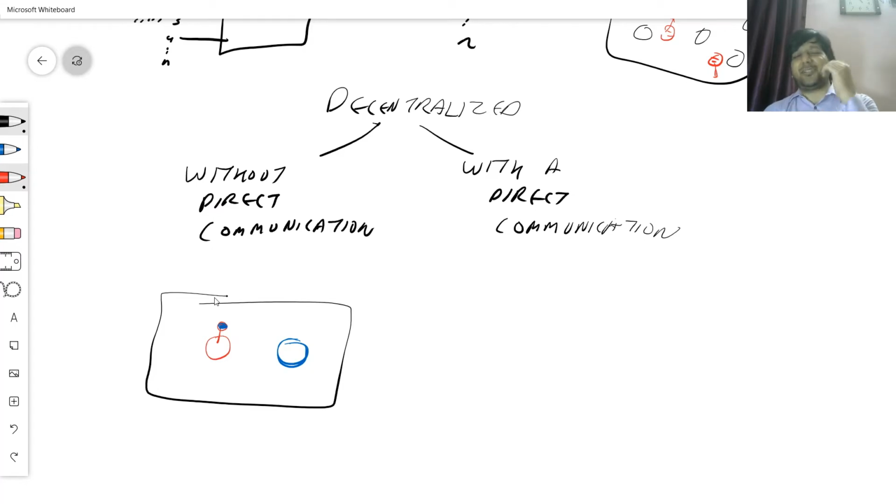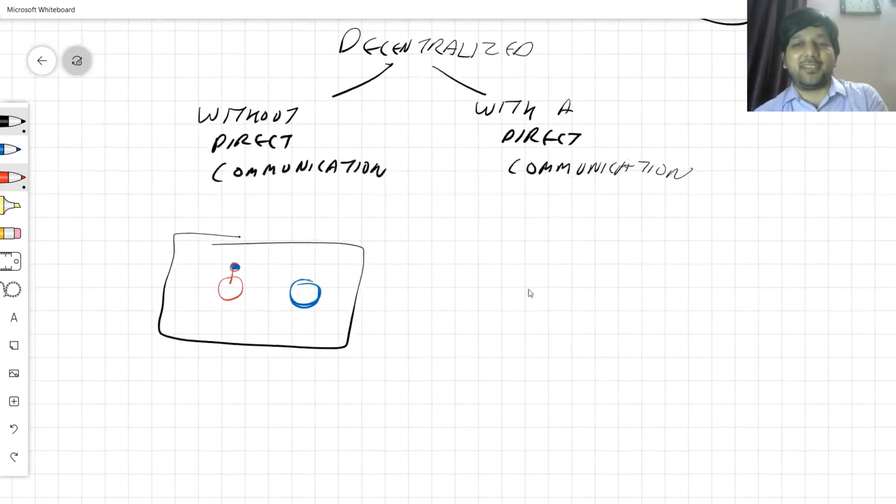So in chaining we saw that the robots communicated by using lights. Light on means I'm the last robot attached to me, and light off means I'm not the last robot, so don't attach to me, don't move towards me. So that's without direct communication, where the communication happens only because one produces an effect and the other robot looks at that effect using its own sensors. So that's without direct communication.